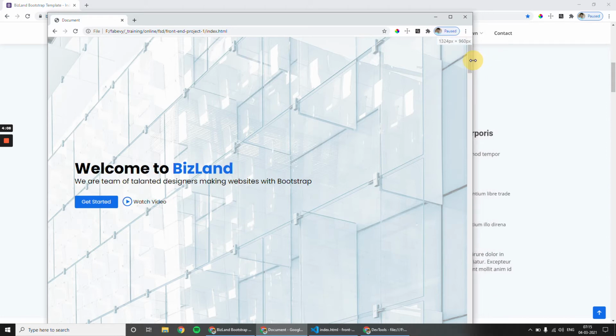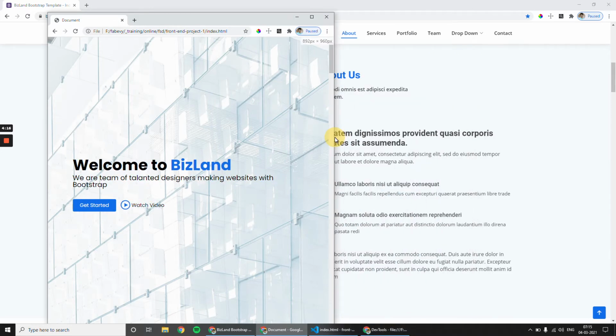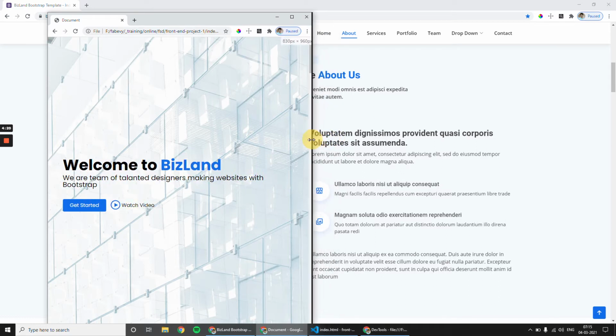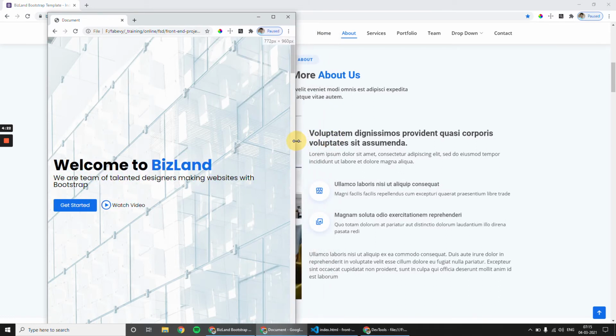For example, if you want to test your web page for a device width of 768, you have to move it and keep it at 768 and refresh the page.